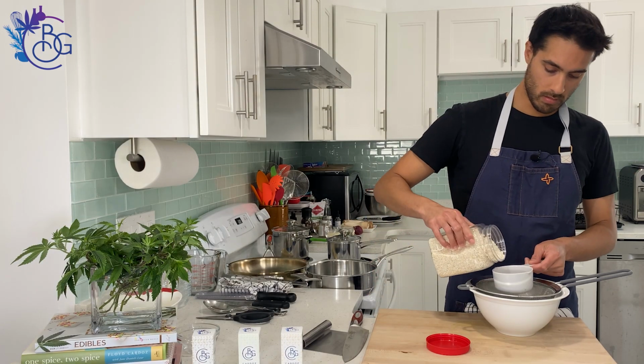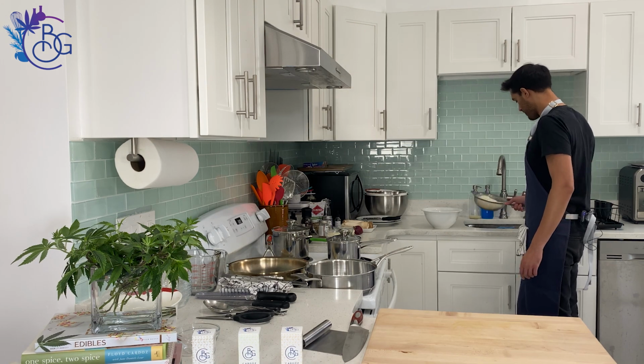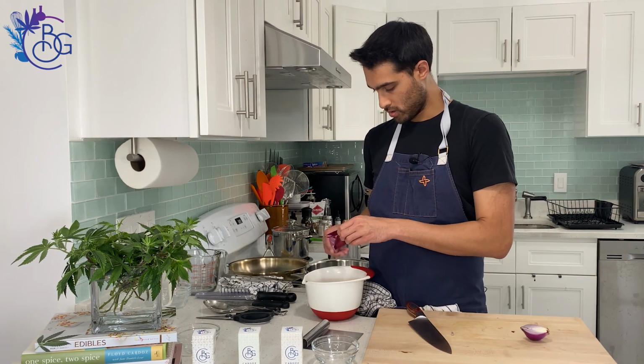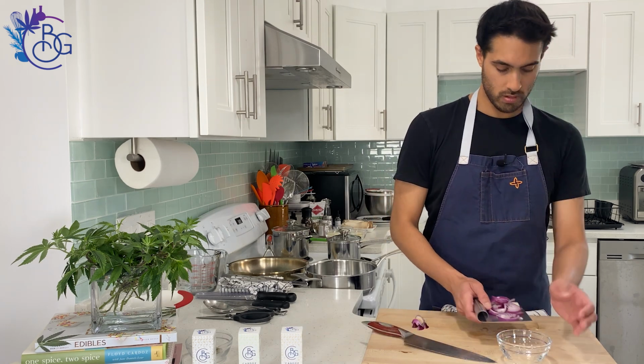Take 1 cup of arborio rice and give it a quick rinse and let it dry. This is to take off any extra starch before we cook it. If you're making this dish FODMAP friendly, rough chop your onion and garlic and save it to the side for your oil. If you're not cooking FODMAP friendly, finely dice up your onion and garlic